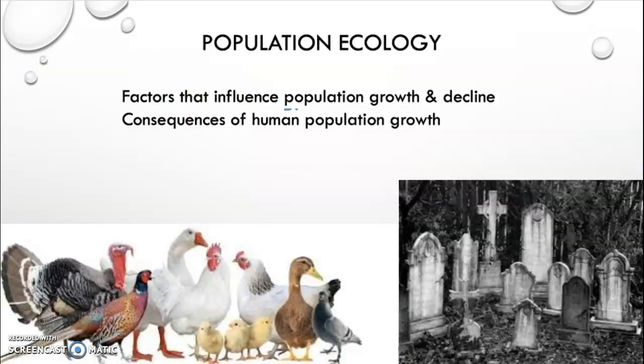Second unit there. Third unit goes into population ecology. And again, it should look familiar. What are the factors that influence population growth and decline? What are the consequences of human population growth? So we want to look at this ecology and figure out what's going on with populations and then apply that